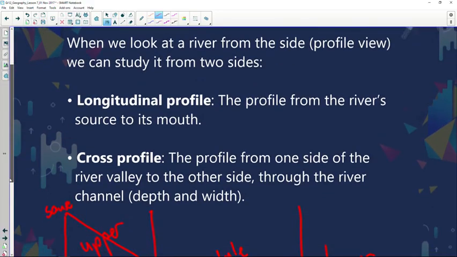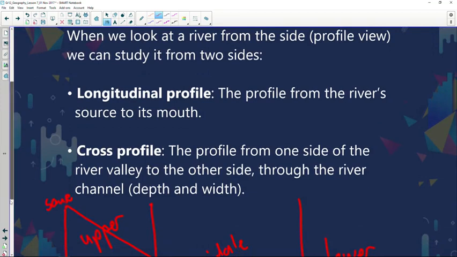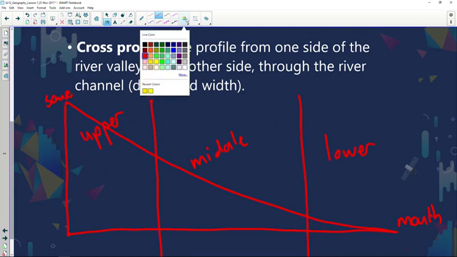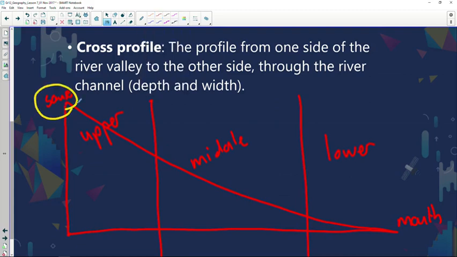Let's continue looking at river profiles. Now, a longitudinal profile is a side view of the river, like we've discussed, basically drawn on the previous diagrams. Now, this is the longitudinal profile. As you can see, it is the river from the side. And in the previous couple of slides, we looked at the upper, middle, and lower course. There is the source of the river, where the river originates, and the mouth, where it eventually flows into